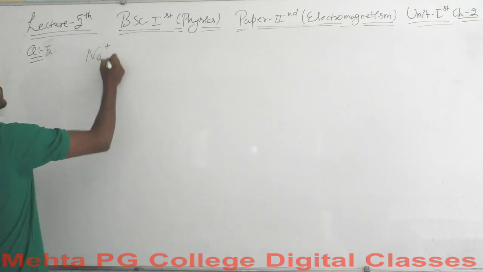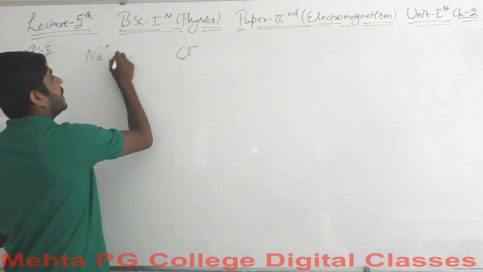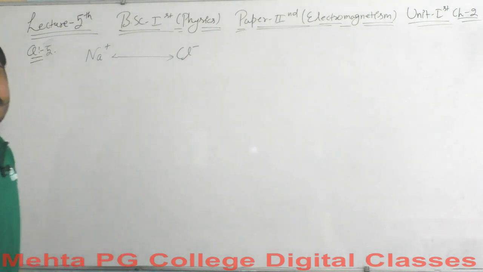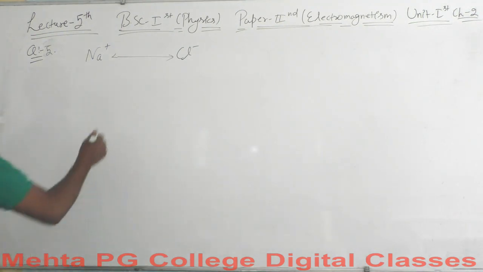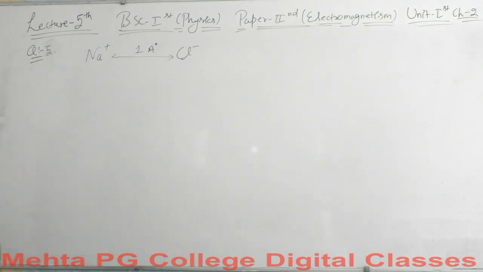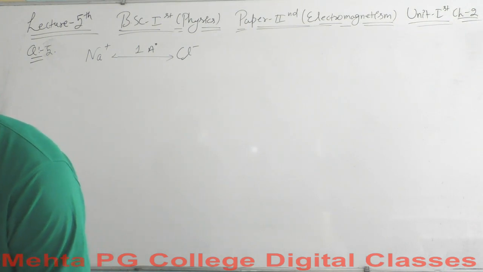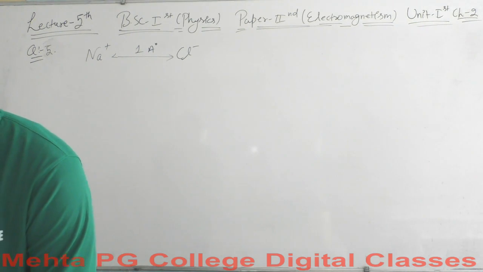Let's say this is the sodium positive ion here, also the chlorine negative ion is here, and the distance between them has been said to be 1 angstrom. For this system we are asked to calculate the maximum and the minimum potential at a distance of 10